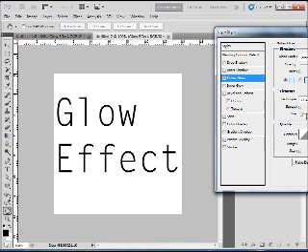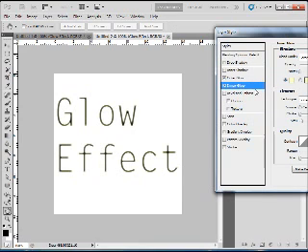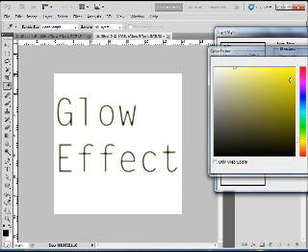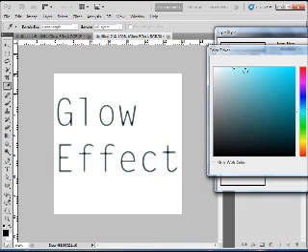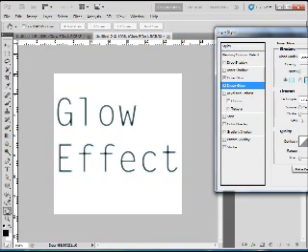Then we're going to increase the size to about 20 something, 20, 21, let's leave it at that, and add an inner glow and change the color to again sort of lightish blue, and leave the one that I previously used, and OK that. I'm going to increase the size of that up to about 5, typing directly in there,